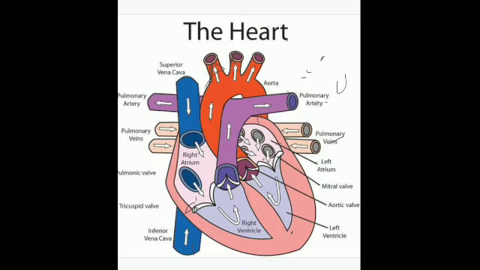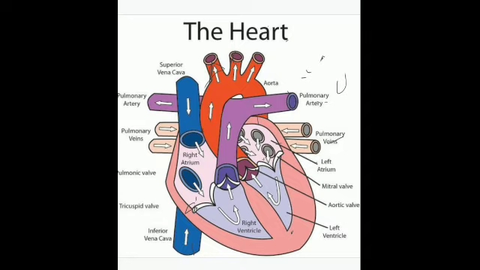And when the chambers of the heart contract, blood is pushed out of them. I have told you how this contraction pushes out the blood, whether it is the contraction of the auricles or atria. The blood is pumped into the ventricles, and when the two ventricles contract, the blood is pushed further into the pulmonary artery and into the aorta. Is it clear? So both the atria contract and relax together. Similarly, both the ventricles contract and relax together.